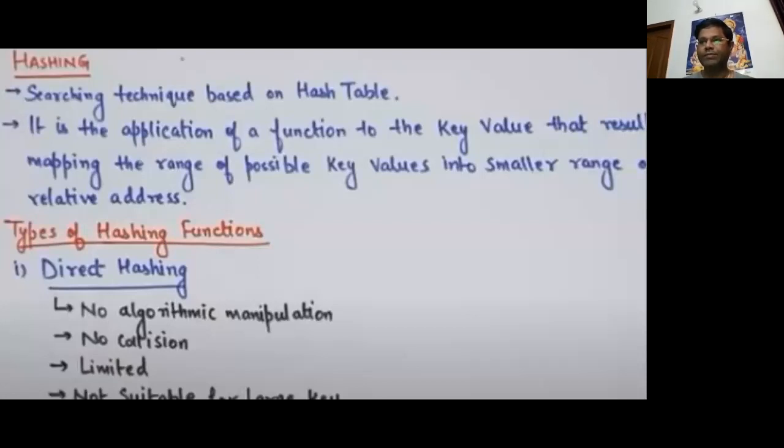So hashing is basically the process of mapping a large amount of data items to a smaller table with the help of a hashing function. Hashing is also known as a hashing algorithm or message digest function, and it is also used in cryptography. It is a technique to convert a range of key values into a range of indices of an array. It is used to facilitate the next level searching method when compared with linear or binary search. It allows us to update and retrieve any data entry in a constant time, that is big O of 1. Constant time means the operation does not depend on the size of data.